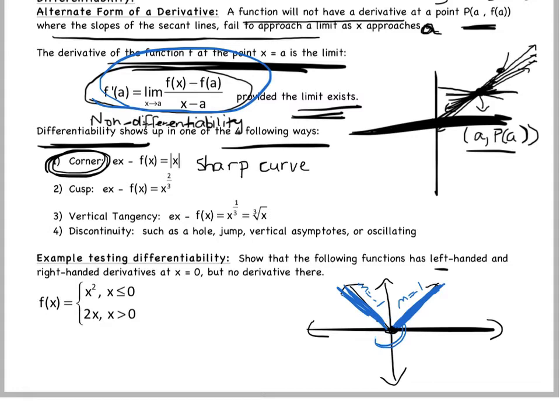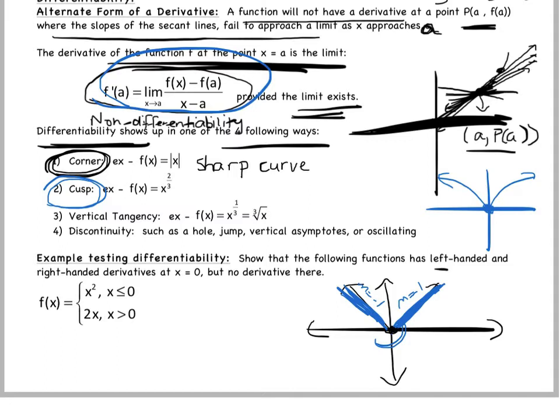Another example, and I know that's really hard to understand when you're thinking about it at first, but the next example is what we refer to as a cusp. Here's another example of a derivative that won't exist. Now this one's a little bit easier to see, I think. So again, change colors. If I check the derivative from the right,